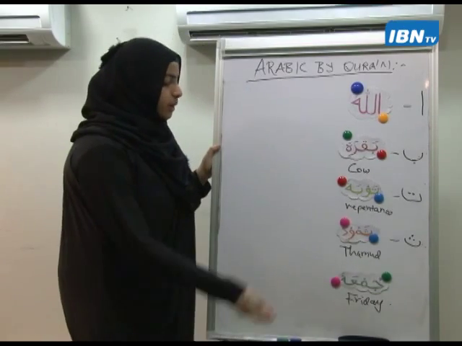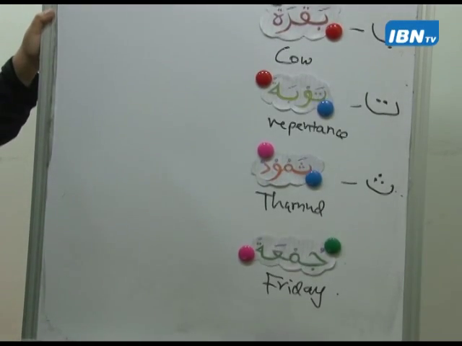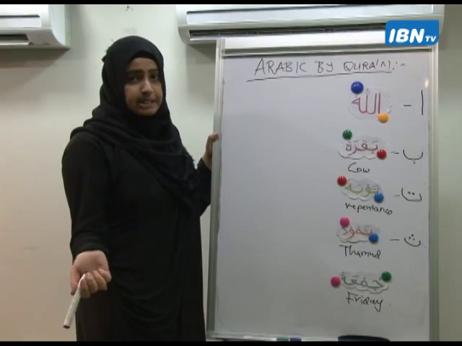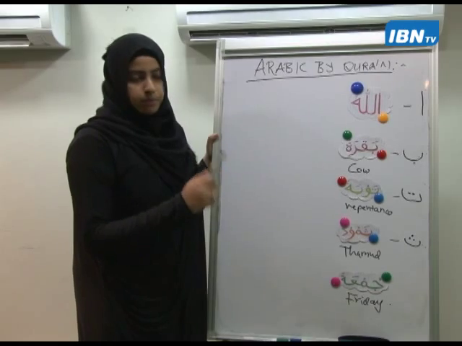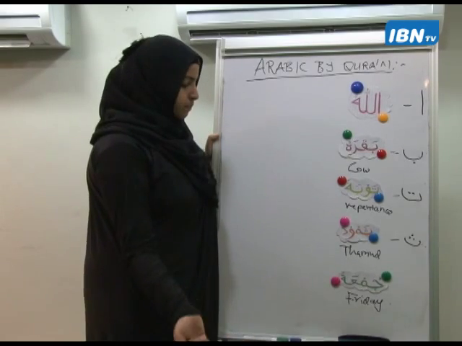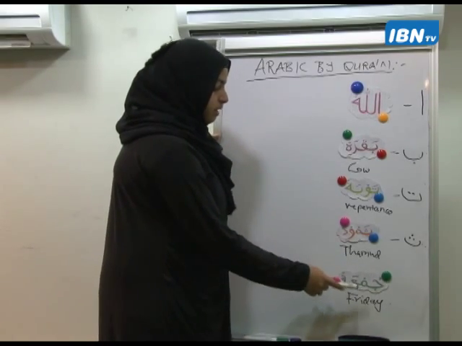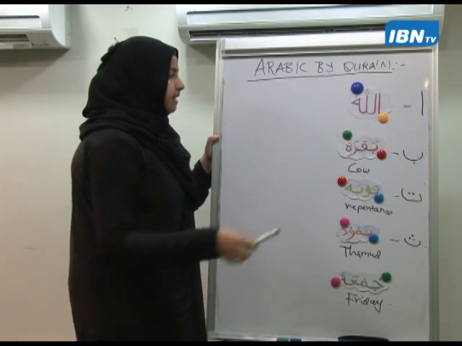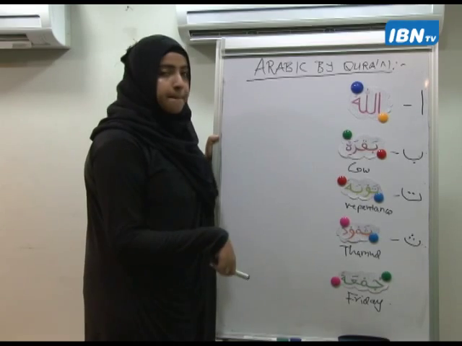Right? Now again we look at the letters once more. Jim, is it a muttasila or a munfasila? Jim is a muttasila. What about Mim? Muttasila. Ain. Remember I said how Ain disguises when it looks separate, in the beginning of the sentence and in the middle of the sentence.